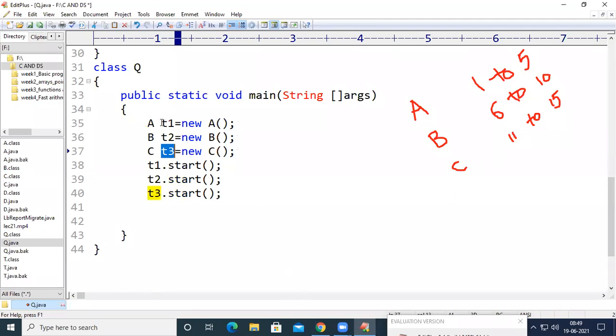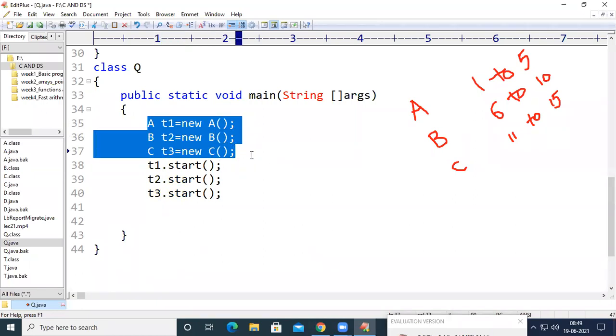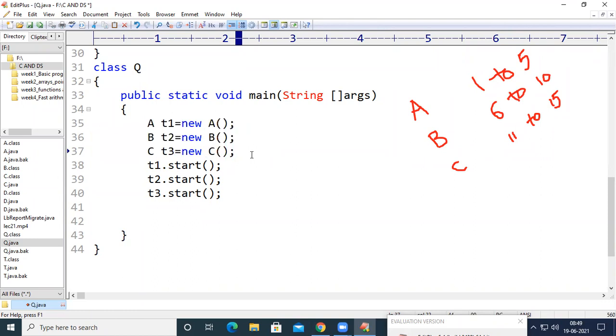Now these are the threads, T1, T2, T3. When we create an object, we are bringing a thread into the new state. From the new state, it is the responsibility of the programmer to bring the threads into the ready or runnable state.